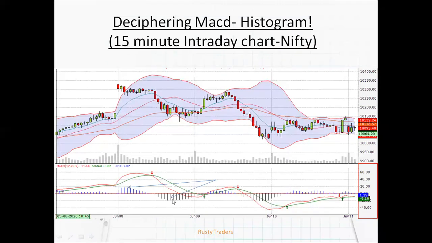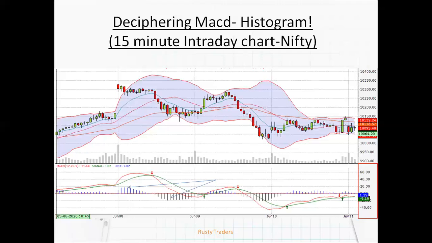Similarly here, it slowly increased on the downside, and then it flattened out or decreased a tad bit, and then if you see, it has slowly started decreasing and it's moving towards the zero line. So instead of entering a buy trade here, the MACD histogram has probably told you that we feel this could probably be an end on the downside. So you might want to enter 10 to 20% of your total volume here.